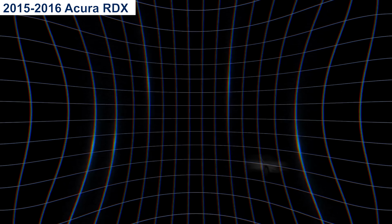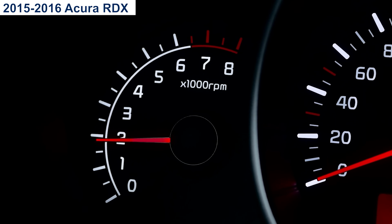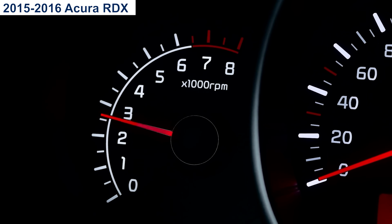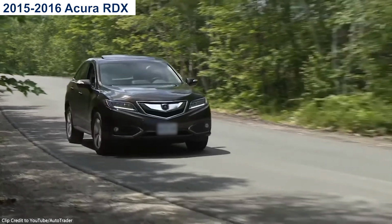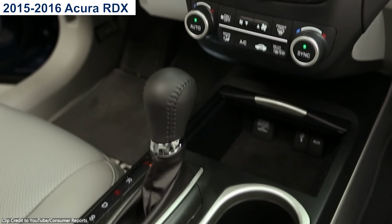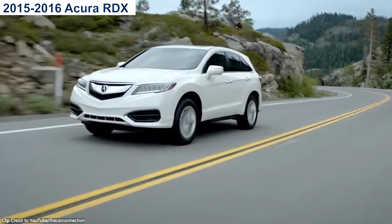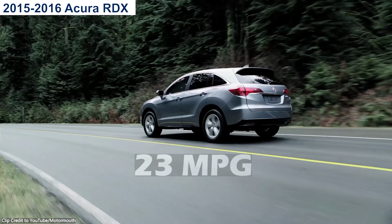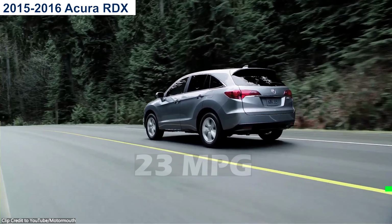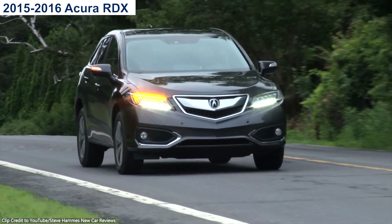to drive. Unlike some turbocharged competitors, Acura's naturally aspirated V6 provides smooth, linear power delivery without the complexity or concerns about long-term reliability. Paired with a refined 6-speed automatic transmission, the RDX shifts seamlessly, exactly what you'd expect from Acura's thoughtful engineering. And with 23 miles per gallon combined fuel economy, the RDX strikes a solid balance between performance and